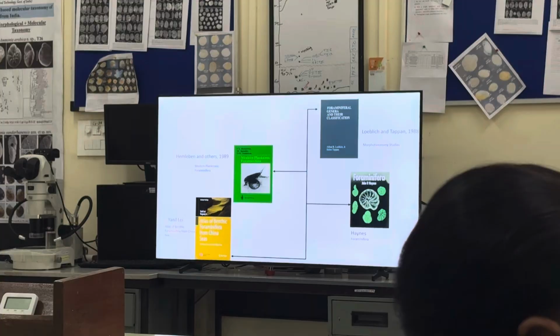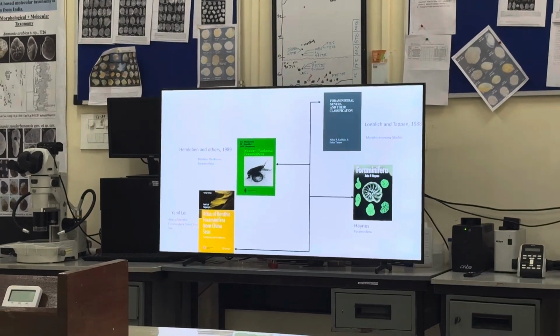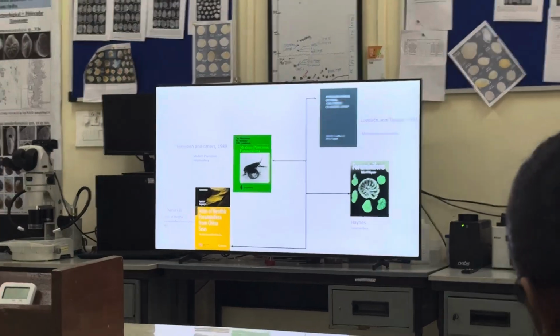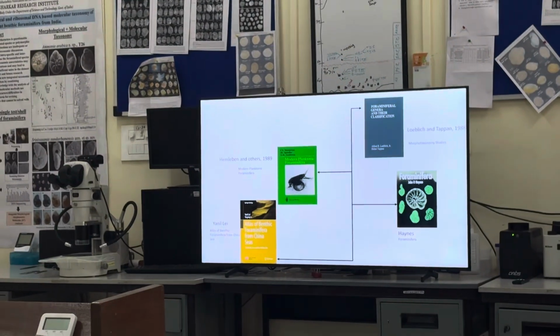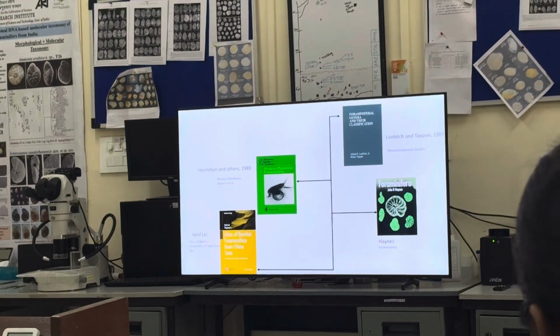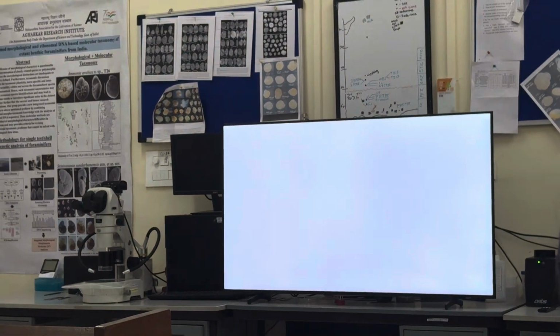Okay, so these are the applications. Now these are the different books which we use to understand the taxonomy of foraminifera. So these are all available in our library. And next,